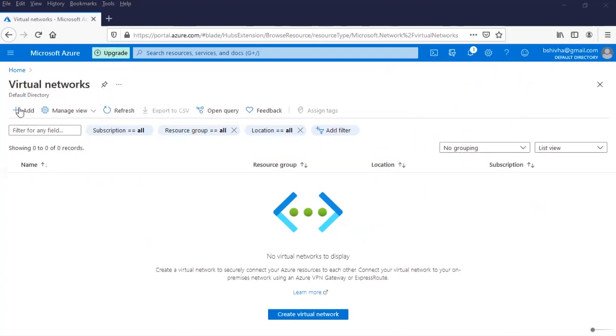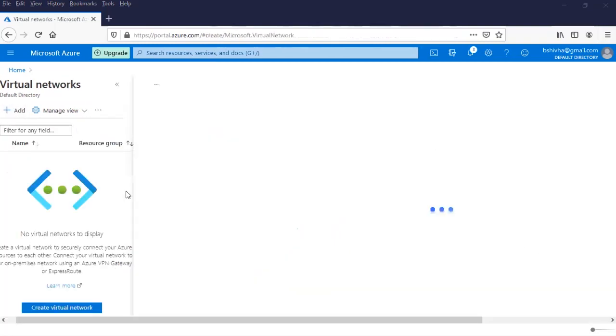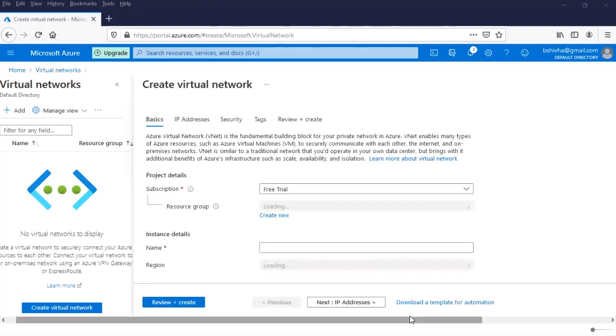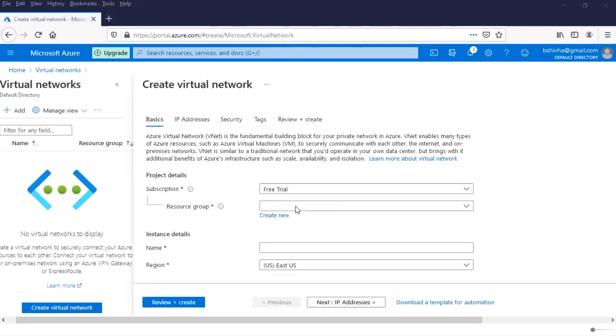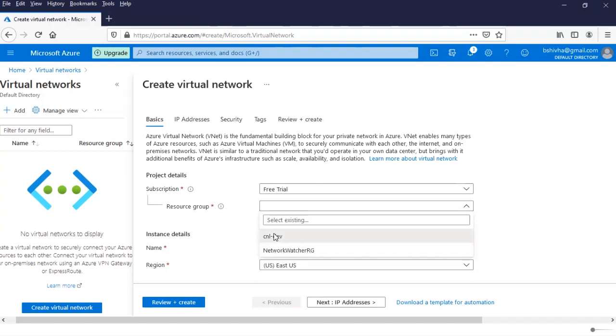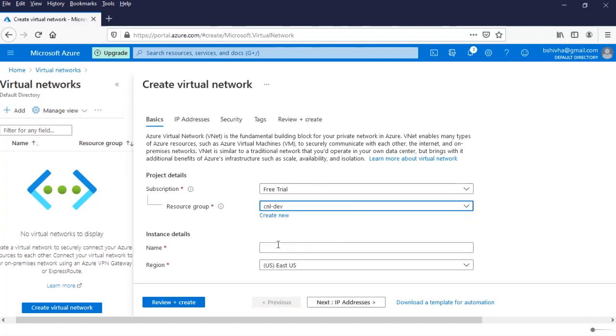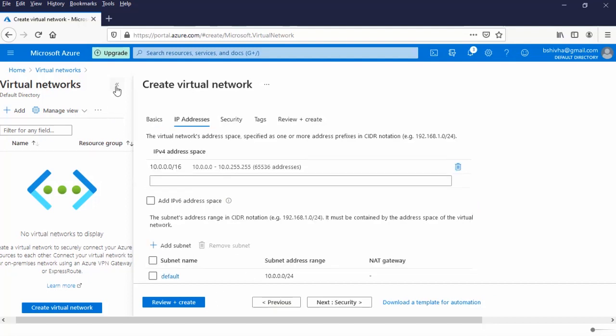What I'm going to do is add, select the resource group, and select East US, VNet 1, because I'm selecting the region as East US. Next, IP address.